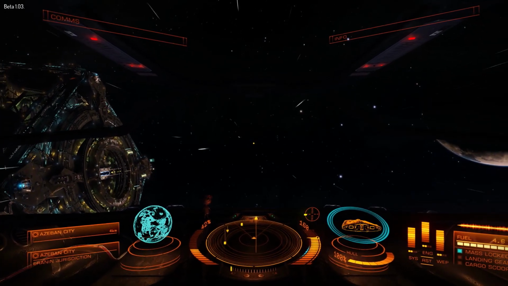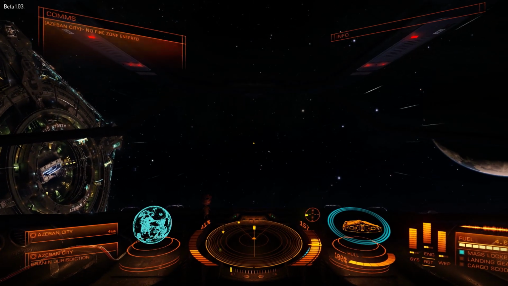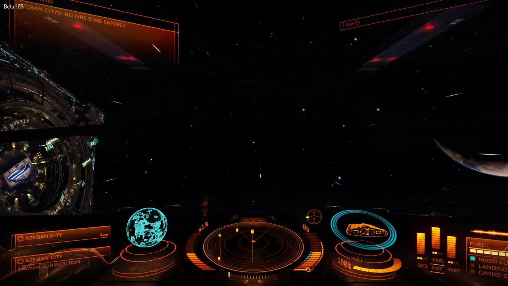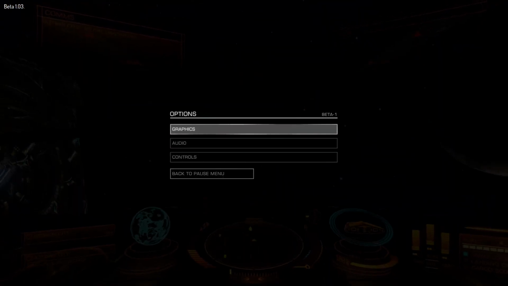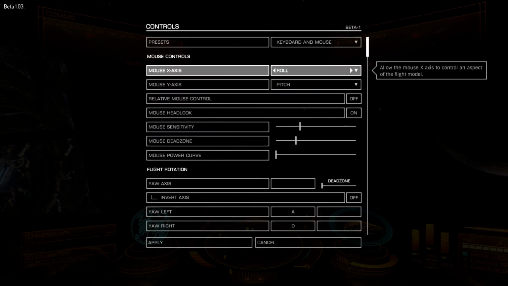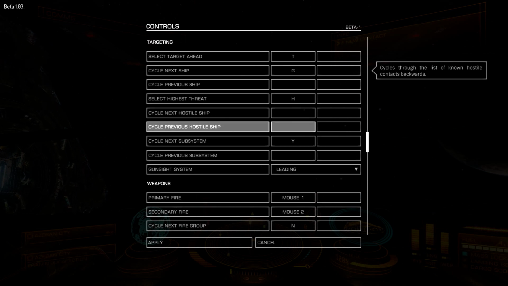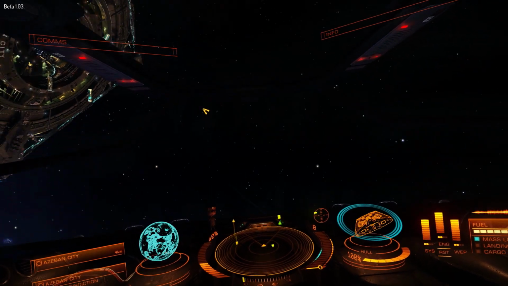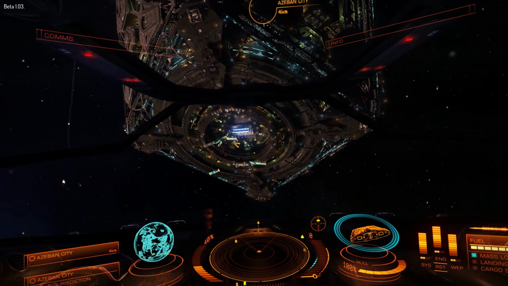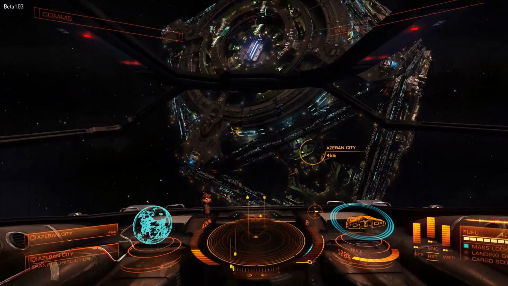Now I know we have to request docking. So again, that doesn't pause it. That's great. So what we'll need to do now is, I just want to double check the options for targeting. I did see a targeting option. I think it was down above weapons. Select target ahead is T. So if I look at the station and hit T, that should...